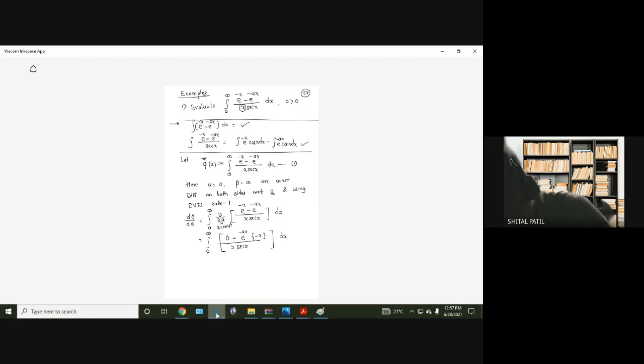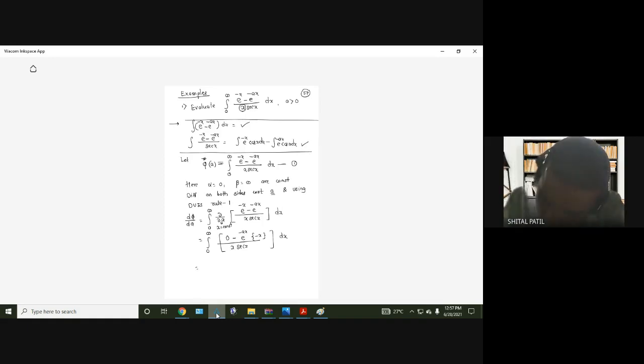Now we are differentiating the numerator. What is the derivative of e raised to minus ax? 0. What is the derivative of e raised to minus x? That contains a, so the minus sign as it is, the derivative of the exponential function itself into the derivative of minus ax with respect to a, so minus x. Okay, now simplify this. So 0 to infinity, minus minus sign will cancel, x e raised to minus ax divided by x sec x dx. We can cancel x now. Till now we had a problem due to the x in the denominator, that we have now cancelled.